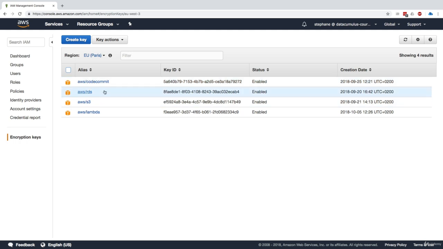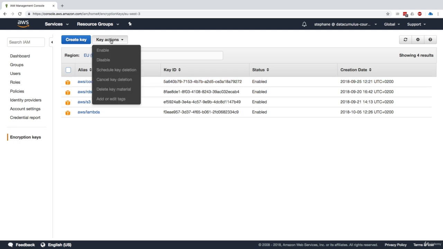And so anytime we use an AWS service, and it says, okay, let's enable KMS integration, the key will appear here, and these keys are managed by KMS and AWS itself. We don't have any control over these keys. This is why we get a small logo right here, which represents AWS.